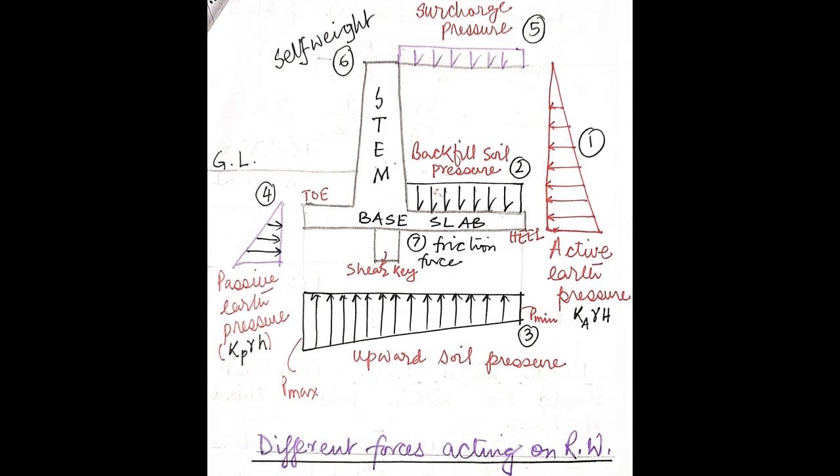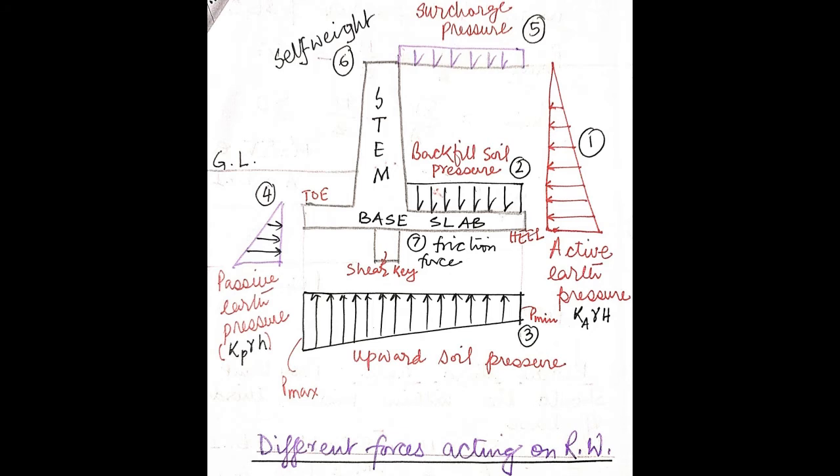Then we come to the surcharge pressure. Surcharge pressure means that above the retaining wall and the backfill, if there are some extra loads coming from vehicles or dead load coming from any other structure, that pressure acting as an extra is the surcharge. That load, dead load, live load, all the combinations, we also have to consider. That is serial number 5.